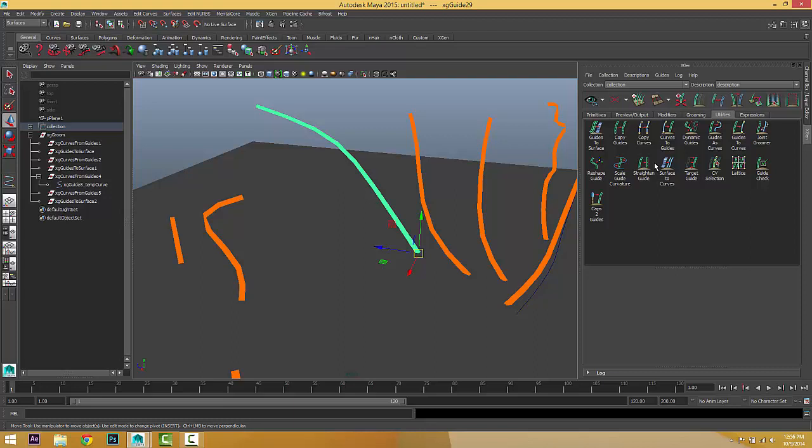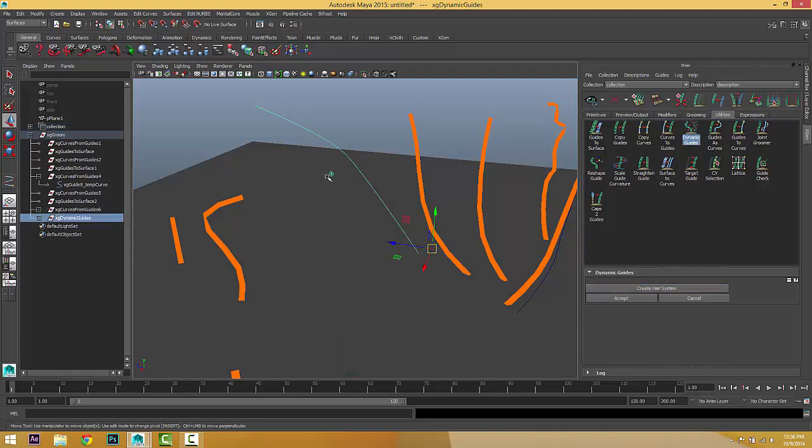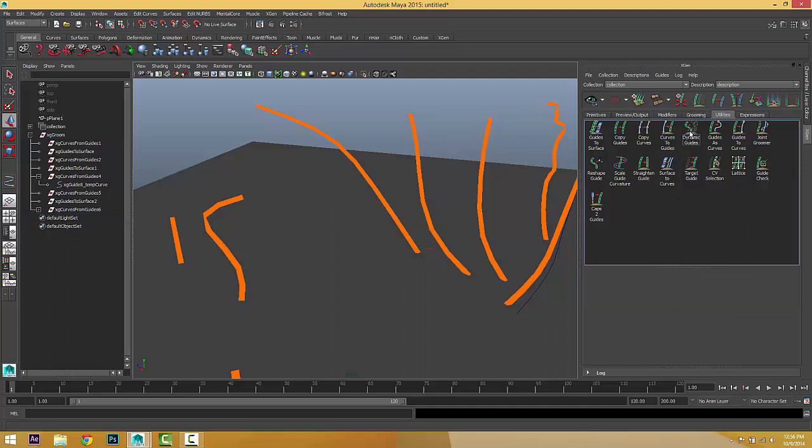The fourth one, you can change the guide to a dynamic curve, and you can use the hair system to do so. Okay, so you select the guide, choose dynamic, and you can choose create, and then you can shape it. Then if you like it, choose accept. If you don't, choose cancel. Let's choose cancel now. It's the fourth option.